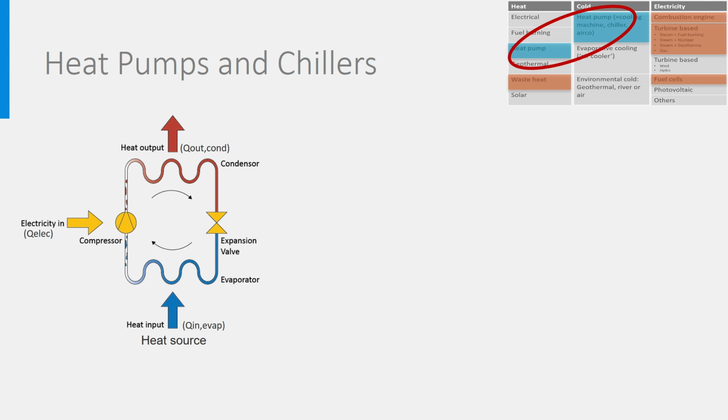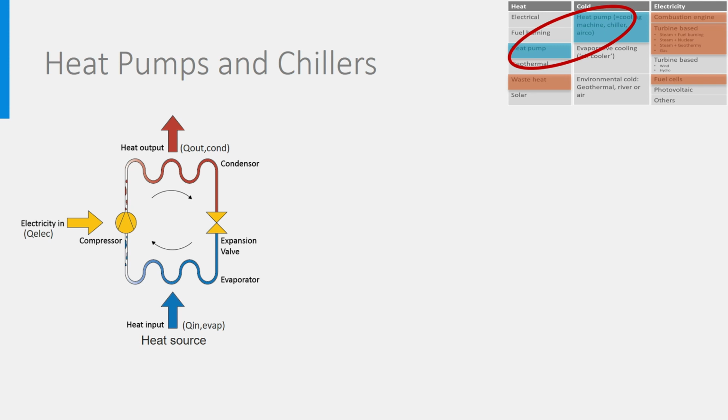Heat pumps and chillers make a clever use of the properties of liquid and gaseous substances, in particular the fact that the boiling temperature of a pure fluid depends on its pressure. The higher the pressure, the higher the boiling temperature. The boiling temperature is the temperature at which a liquid evaporates, but it is also the temperature at which vapor starts condensing. When a liquid evaporates, it takes heat from its environment. When a vapor condenses, it releases heat to the environment.